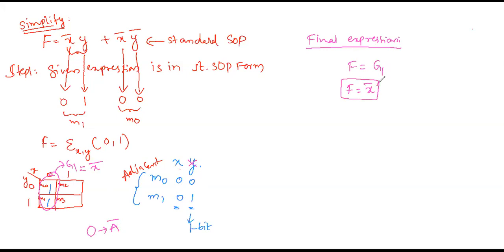Okay? Like this, we do the simplification using K-map. In the next class, we will discuss the three variable K-map. And then we have four variable, five variable, six variable. The three variable will take one class, four variable will take one or two classes, and these two will take one class. For the remaining four to five classes, we will discuss only K-map.